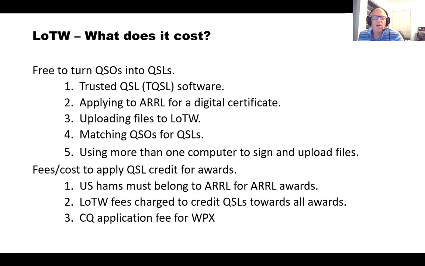And what can I say? There are QSL fees for WPX. Now, I will say that Logbook of the World is the cheapest way to get credit for the ARRL awards. There are three tier methods: submitting the cards directly to either the League or to a field checker, which I am one. You can use the online method, which is about half the cost of doing it on the card method. Again, you send that to either the ARRL or to a card checker. And I could submit that online-wise.